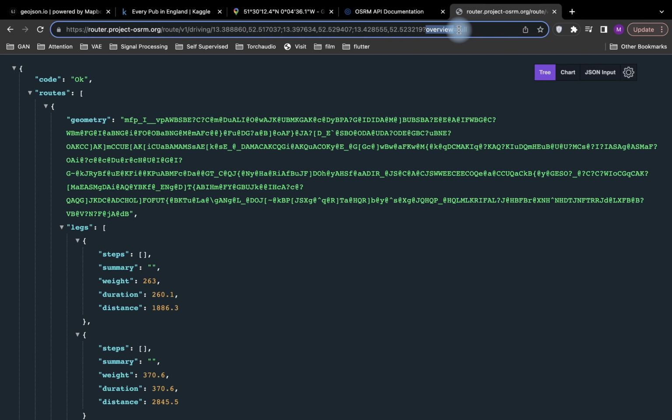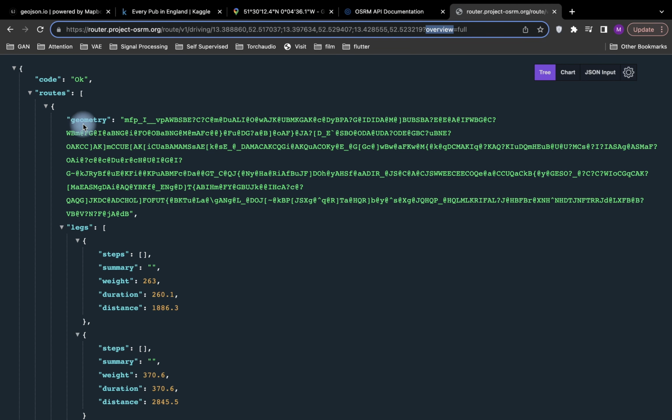How should it look, with full details, all the route segments piece by piece, or just an estimation of it. Here I say the overview must be full, which is with the most accurate detail,